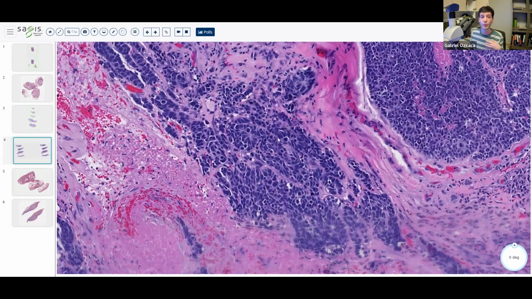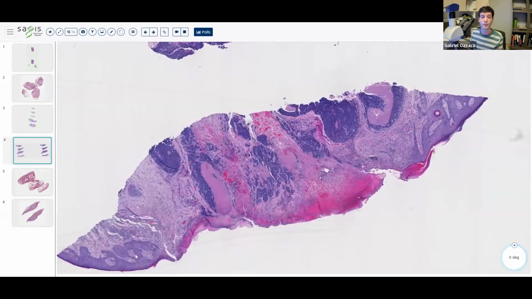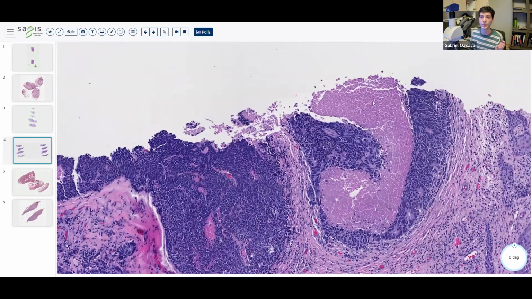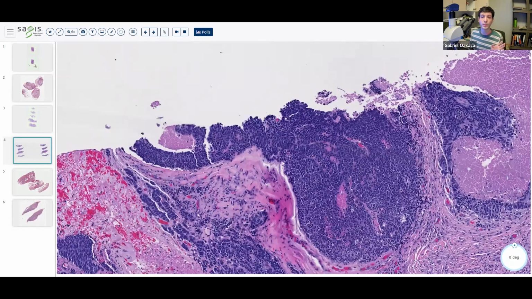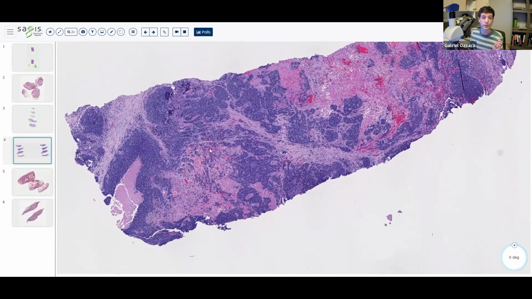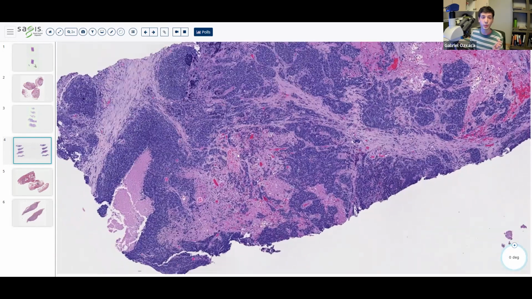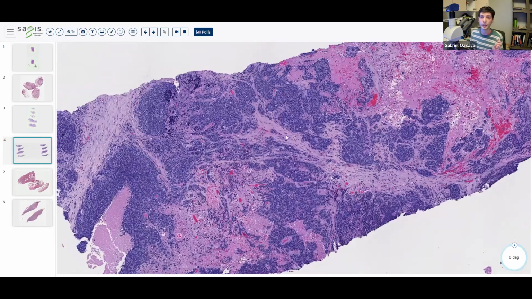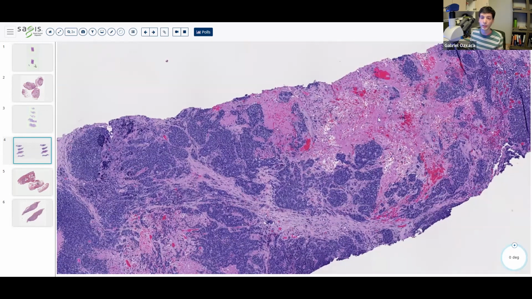And so at low power, let's just start from the top again. We have an ulcerated shaved biopsy specimen and a proliferation of these deeply basophilic cells with some central necrosis. There are no cellular features to this. It is just cellular schmutz. All right. And in some areas, these basophilic cells are more so arranged in cords, somewhat infiltrative, in a variably